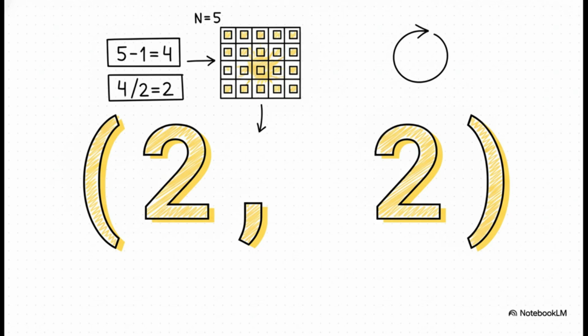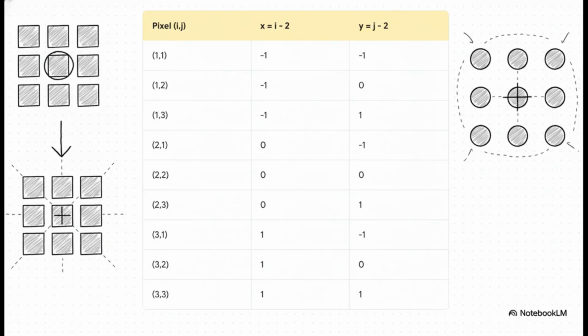That tells us our center point is at the pixel coordinate 2, 2, assuming we start counting our rows and columns from 0. It's the dead center of our grid. Now for a really interesting part, we're going to shift our entire frame of reference. We recalculate the coordinates for each of our 9 active pixels by subtracting that center point from them. So the pixel that was at 2, 2 now becomes our new origin, 0, 0. This recentering is so important because it makes our final description independent of where the shape was located in the